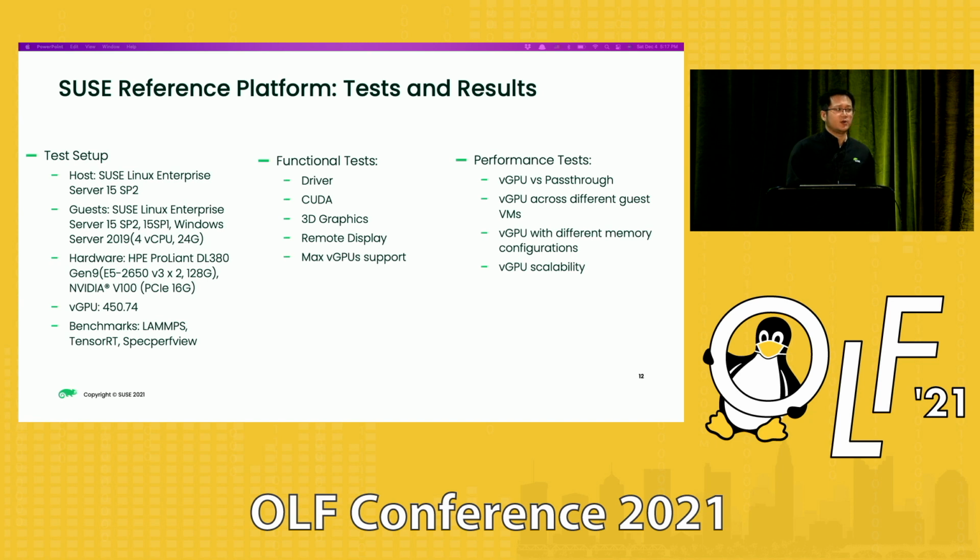We ran a lot of benchmarks comparing it with GPU pass-through. GPU pass-through passes one whole GPU into the guest VM. So it's exclusive, and it has the best performance for a VM scenario. The only bad part is it can only be used by one VM, and there are a lot of limitations on that.